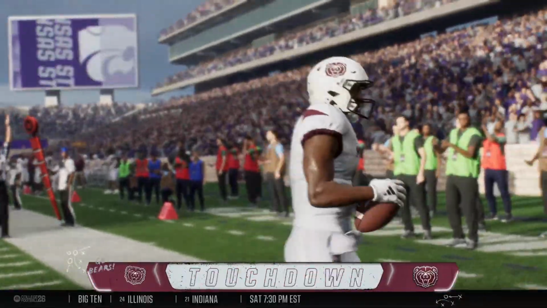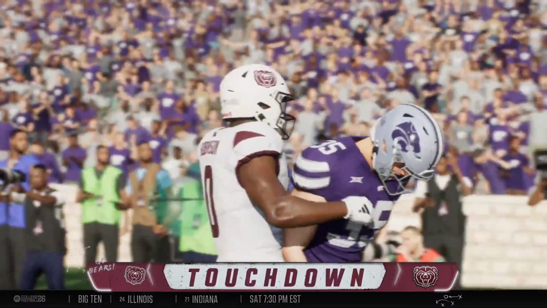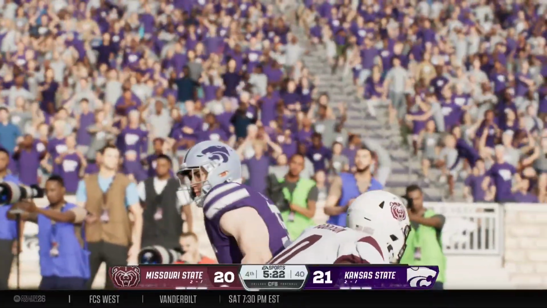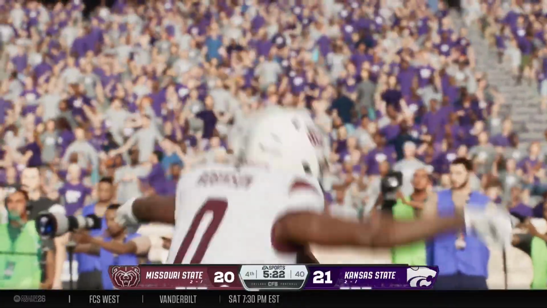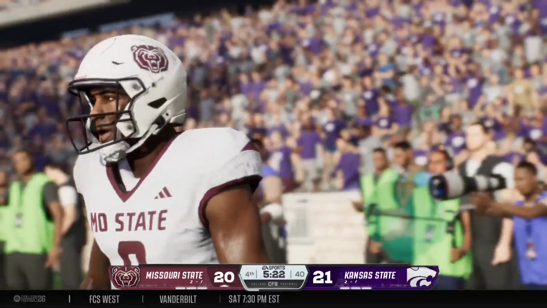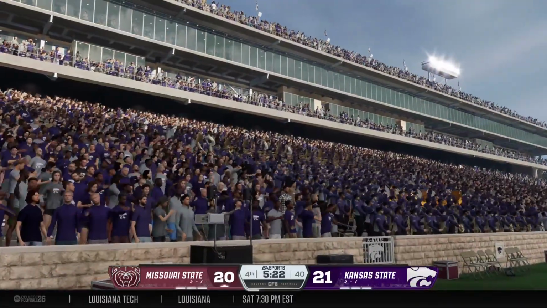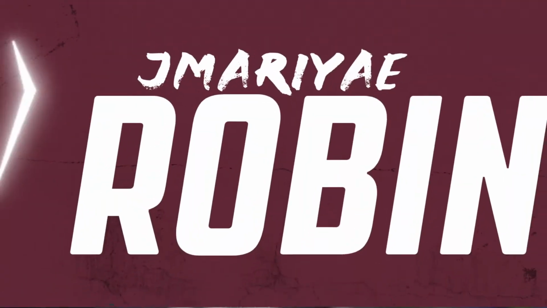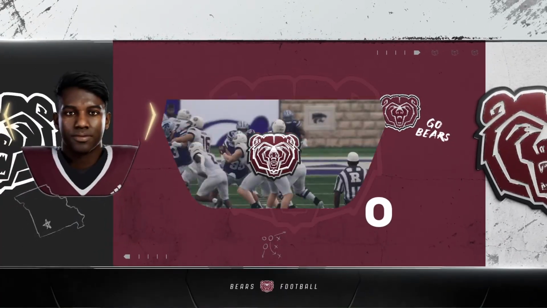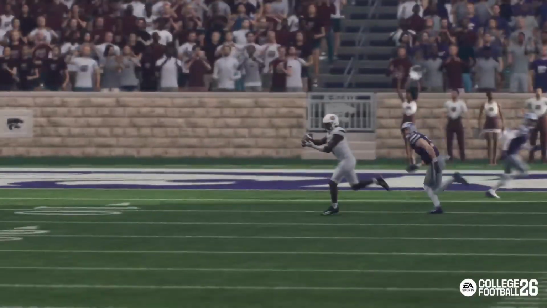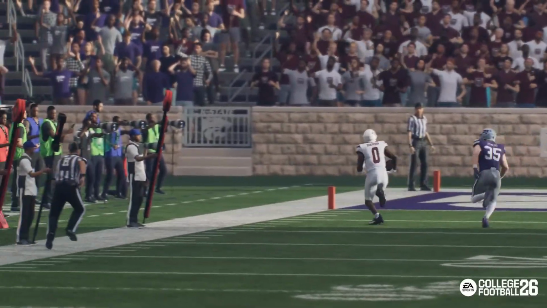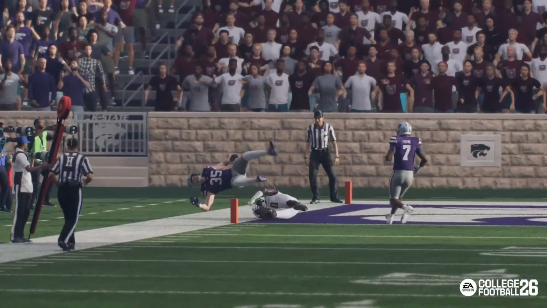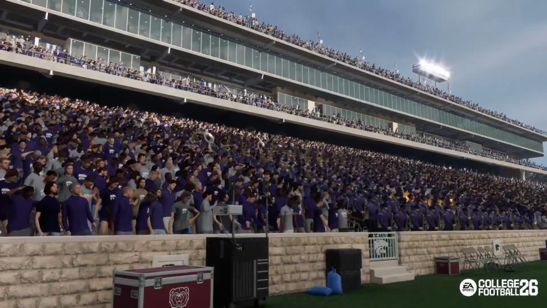Made the grab and then did the rest himself, and they put points on the board. Quarterback's ability to read the field is huge. And also the anticipation, the timing. To be able to throw the football, Jesse, and hit a guy in stride so he can get run after the catch and get in the end zone, that was a nice job by the quarterback. Yeah, it's critical, David. Listen, a lot of times touchdown passes aren't thrown into the end zone. You've got to read the coverage, hit the open guy, and let him do the rest.